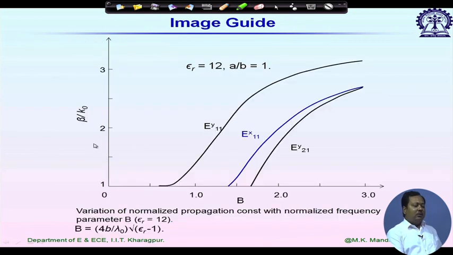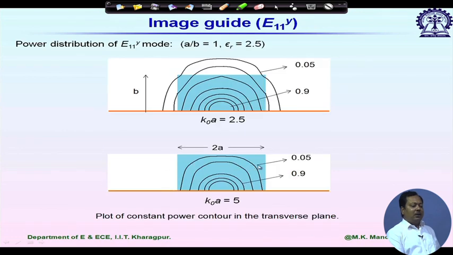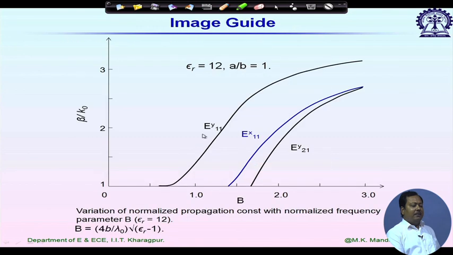Here is a plot. It shows how beta by k naught varies with frequency. So this B is a frequency parameter. It is defined as 4 by lambda naught into square root of epsilon r minus 1. So for this particular plot, we are considering epsilon r equal to 12 and a by b equal to 1. So that means in this figure, width is double of the thickness, and you see the first mode that appears here is